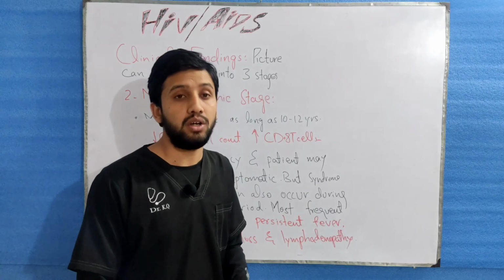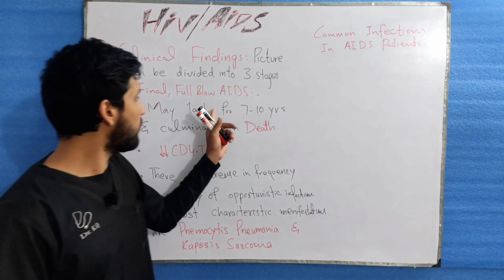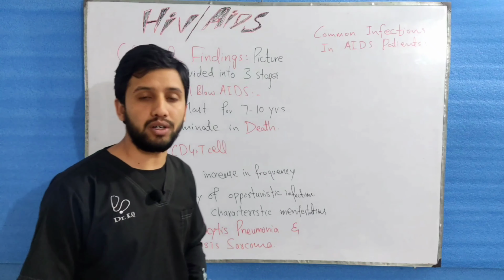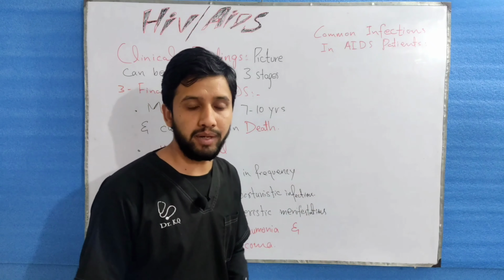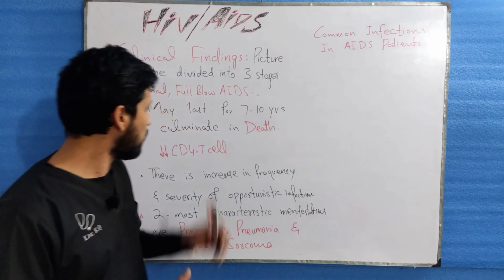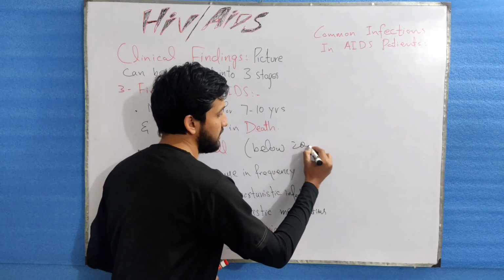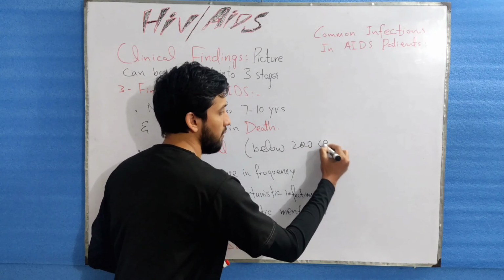Next we are going to discuss the last stage, full-blown AIDS. Here is the last stage, which we call full-blown AIDS. This stage can last for 7 to 10 years, and this can culminate in death. In this stage, there is a markedly reduced CD4 T cell count, which usually ranges below 200 cells per microliter. So the CD4 count is markedly reduced in this stage, and there is an increase in the frequency and severity of the